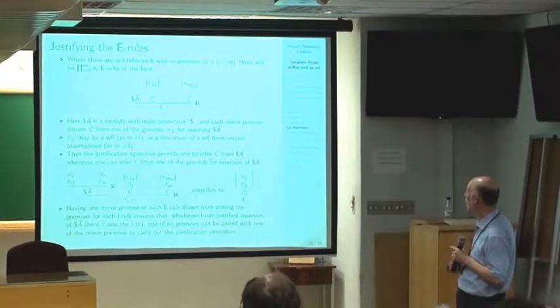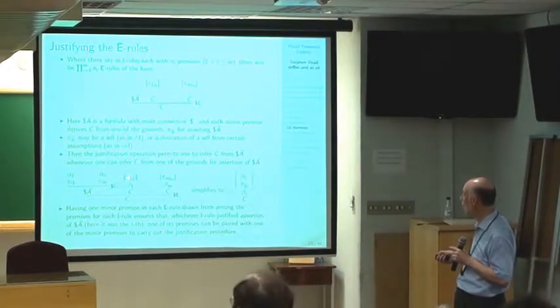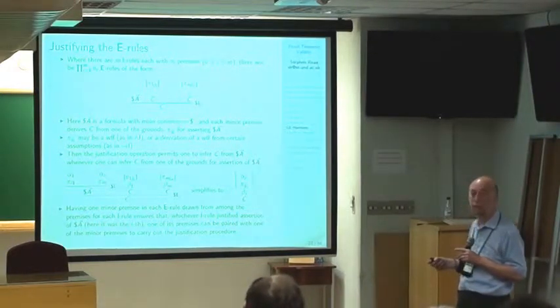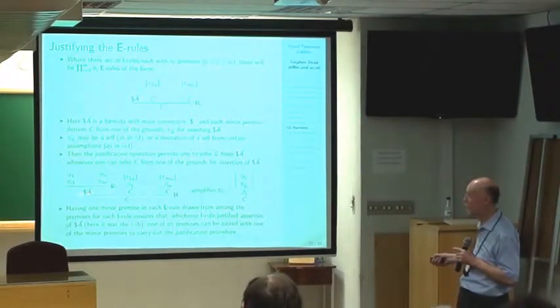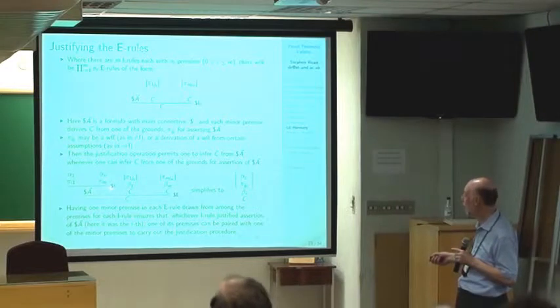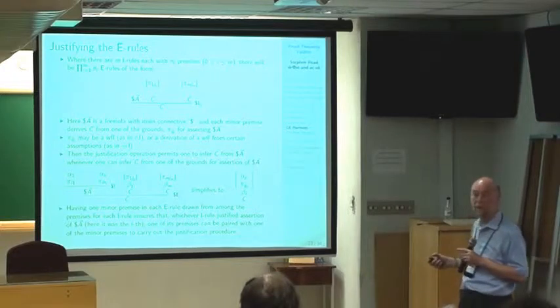And then the idea here is that, in the case of each of these elimination rules, it has a minor premise containing one of the grounds for each of the introduction rules. Then whatever introduction rule you took to justify the conclusion, which in this case is the ith introduction rule, you look along here to find the ith minor premise, which has as its assumption one of the grounds for asserting the